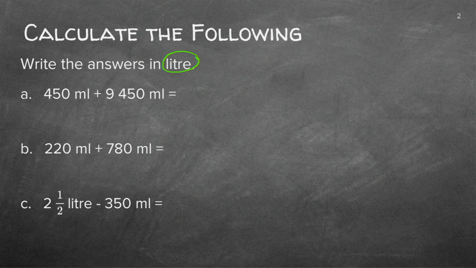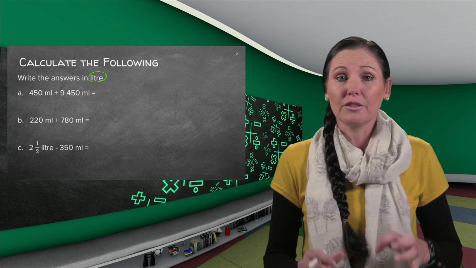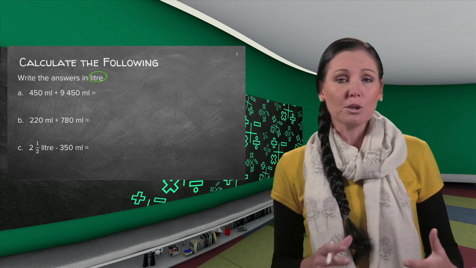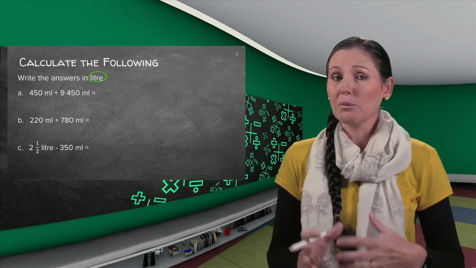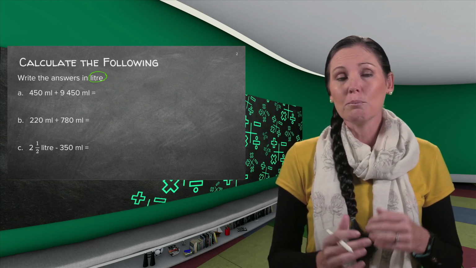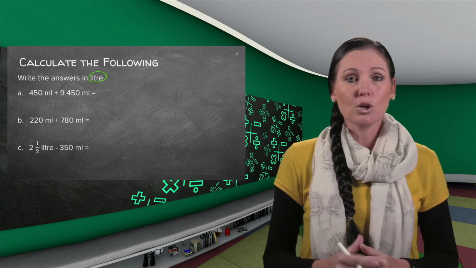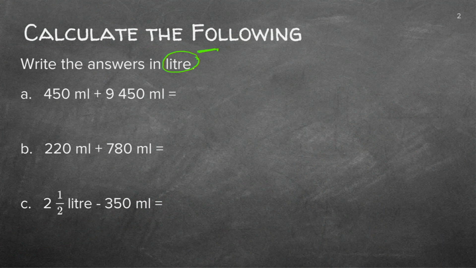When you calculate units with each other, you have to make sure the units are the same. So for instance, we work with kilogram and gram. Both have to be kilogram or grams. But now we're working with volume and capacity, so you have to make sure both are milliliters or liter. So let's start. Remember, this is very, very important. Don't forget about that.